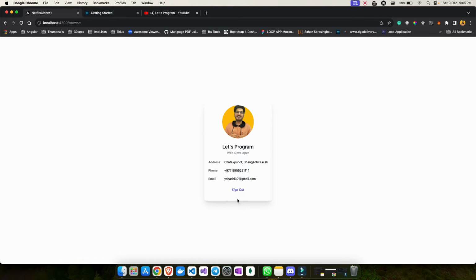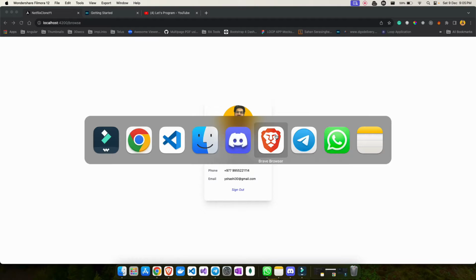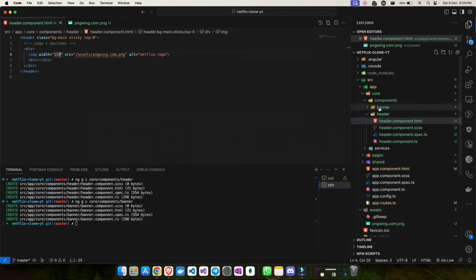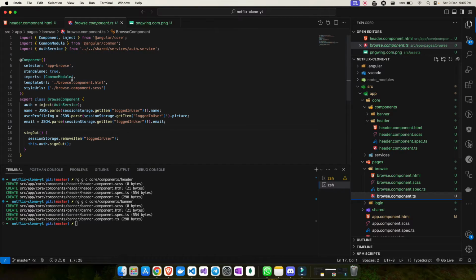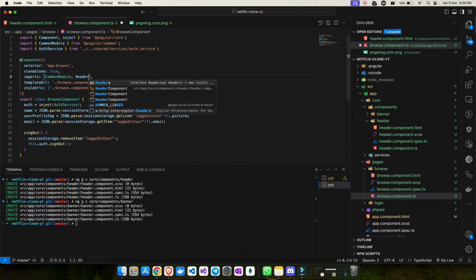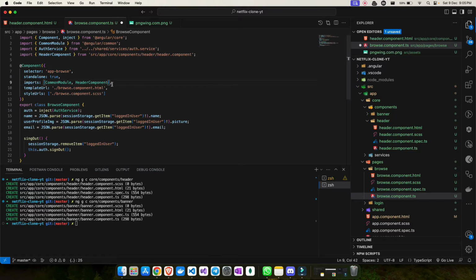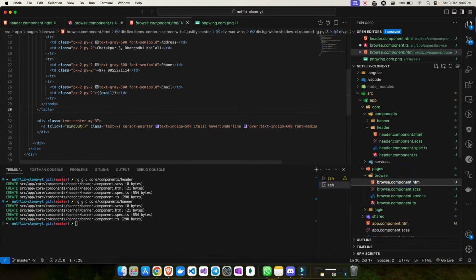Okay, so right now there is nothing visible because we still have this component there, so that's why. So let's go here in your code, and the header is created, right? So we need to show it in the browse component. Let's go into the browse component and import the header. I say header component import. So this is how it is. You can see on the top it is imported successfully. Now I can make use of it by using its selector.